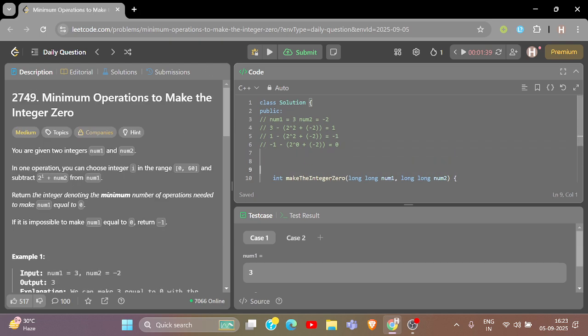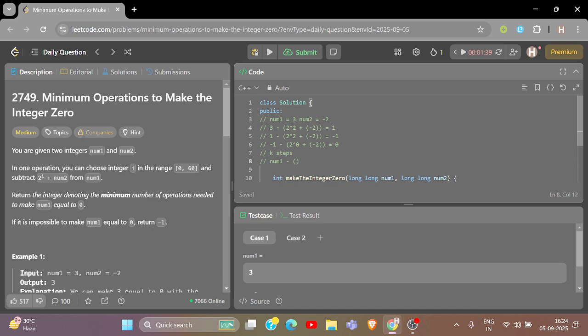So now, if I think about how to solve it, first of all, what I am thinking is, why not represent things mathematically? So if I try to represent things mathematically in this situation, I have my num1, and let us consider that we have taken k number of steps for now. So if I have already taken k steps, what I need to do is that in k steps, num1 minus